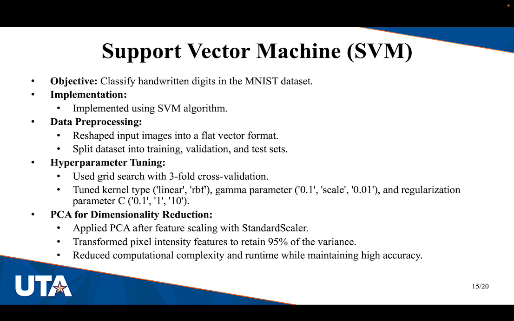The last model is a support vector machine, or SVM model. This model also wants to classify the handwritten digits, and we reshape the input images into a flat vector and split the dataset into training, validation, and test datasets. We use 3-fold cross validation to tune the kernel type between linear and RBF, the gamma parameter, and the regularization parameter